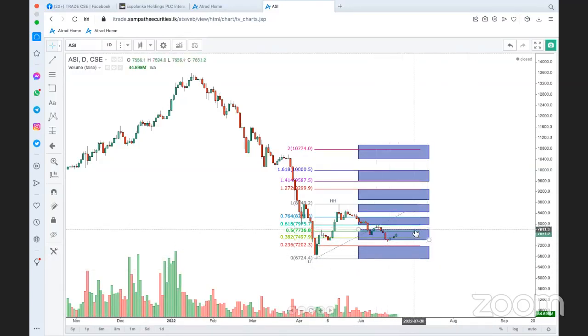Then since the prices are inside this, this will be the support. This is the support one in case it comes down. A breakout to this will be the resistance. Then this is the R1, this is the R2, this is R3, this is R4. Inside this, in addition to this,